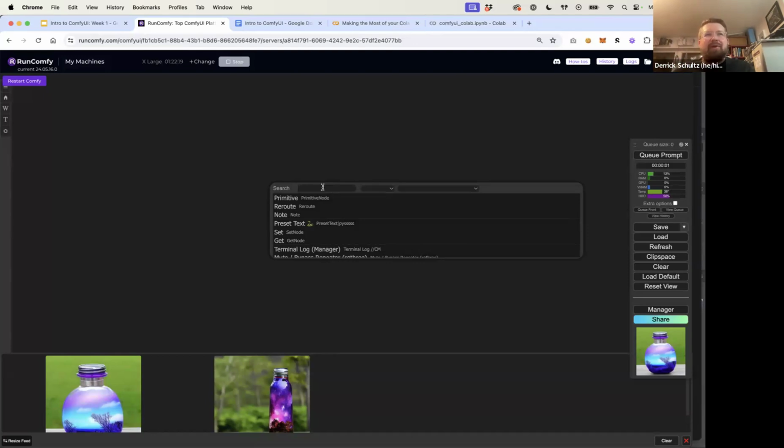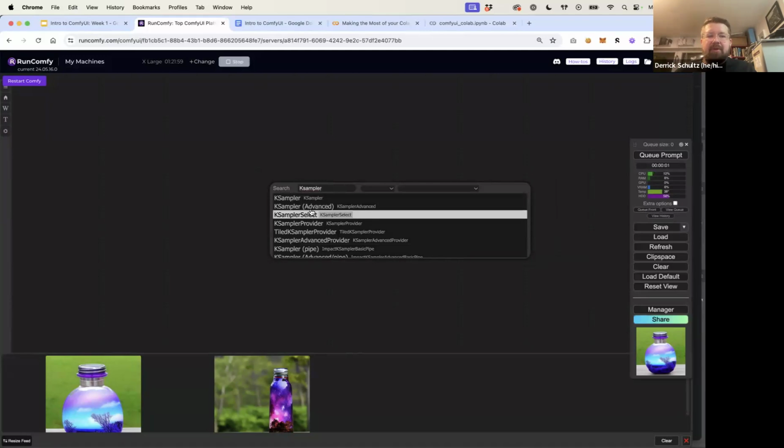But I'm going to walk us through the basic workflow, which uses nodes you will likely use all the time. So you can start to get familiar with them, or you can use the sidebar to pin the ones you like the most, or the ones you're going to use the most. The first node we're going to look for is the K sampler, so we're going to type in K sampler.